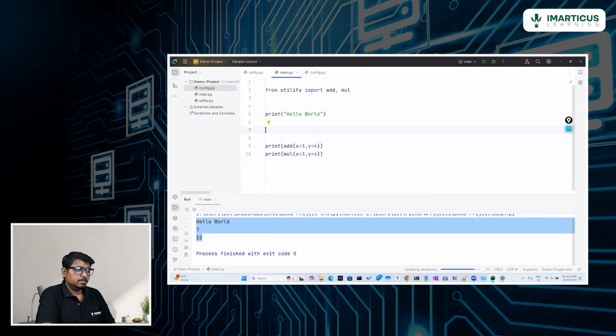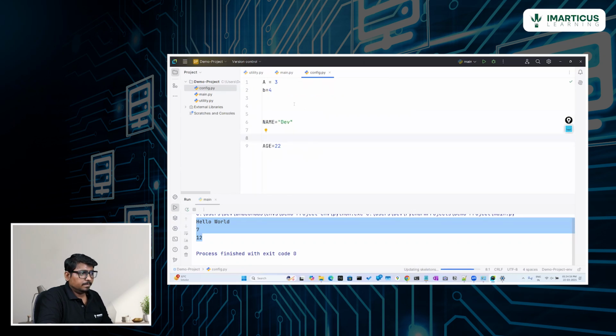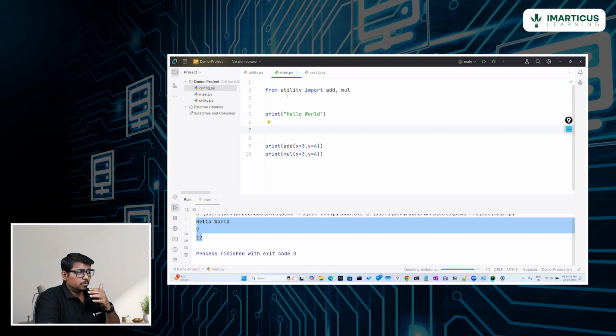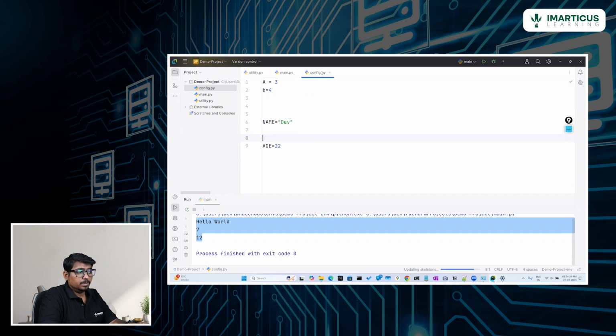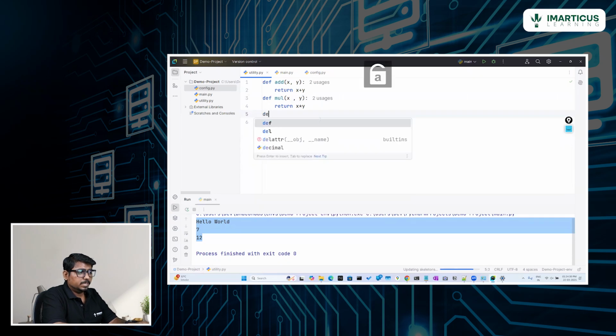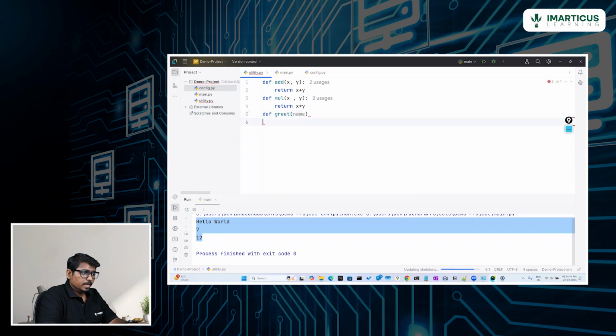So I have created a few variables inside the config.py file: a, b, name, dev, age, and main.py is the main file which I am going to run. Now let's call those variables here as well, and I will create one more function inside the utility. So let's say def greet. The greet function will take first parameter name, and then here I will add return